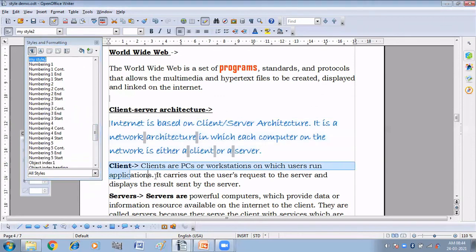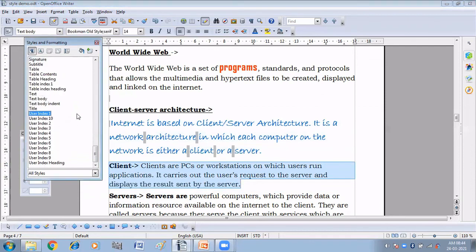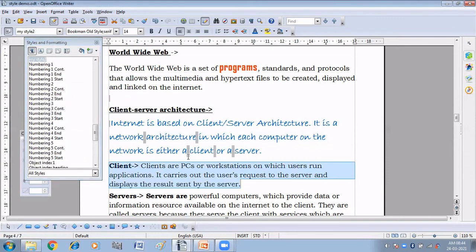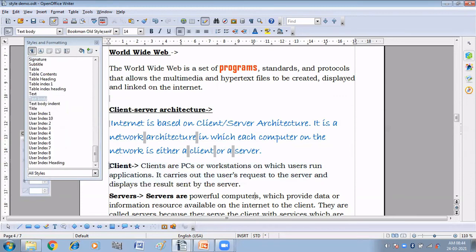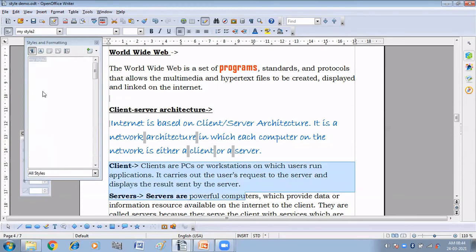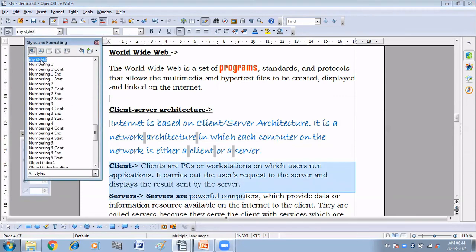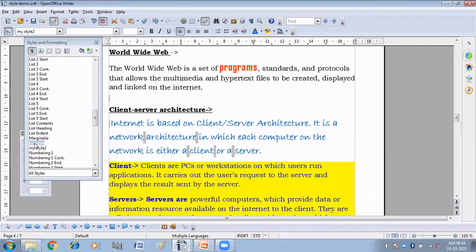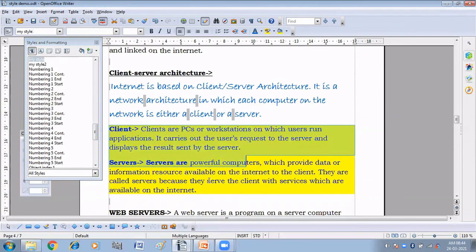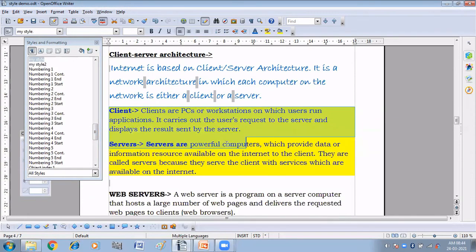If I want to apply my style 2, just double click on my style 2. What happened? Okay, let us do it again.